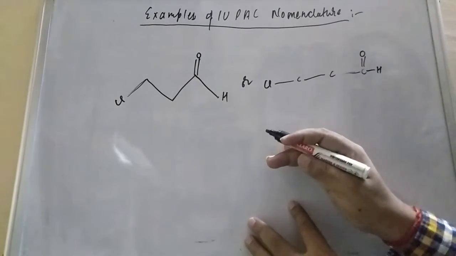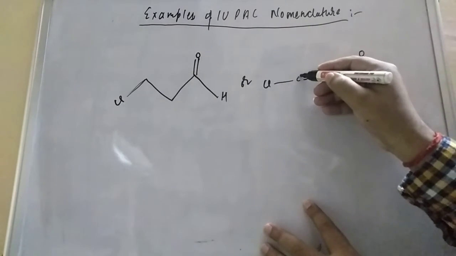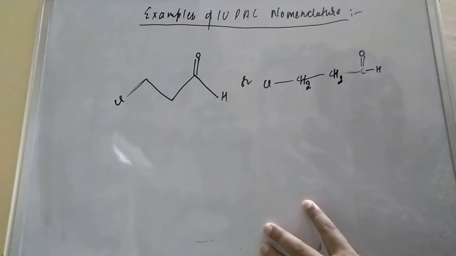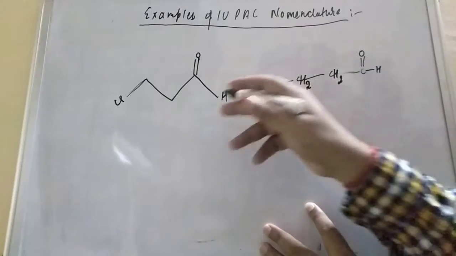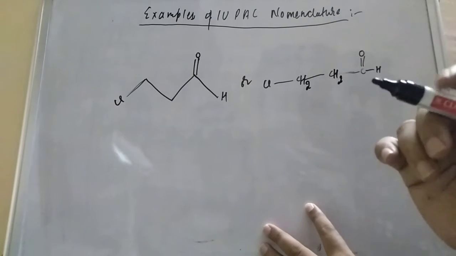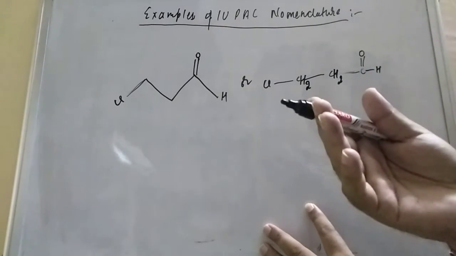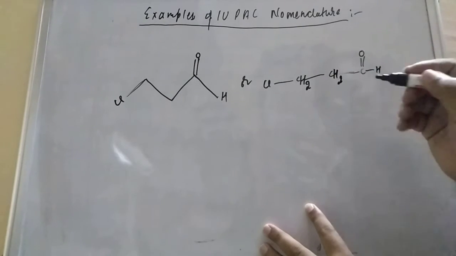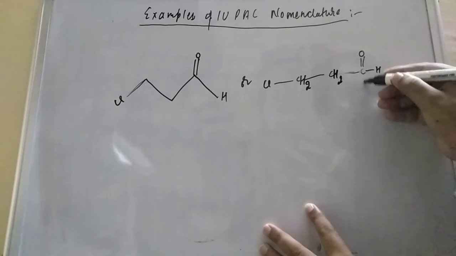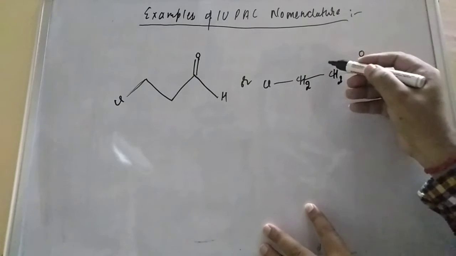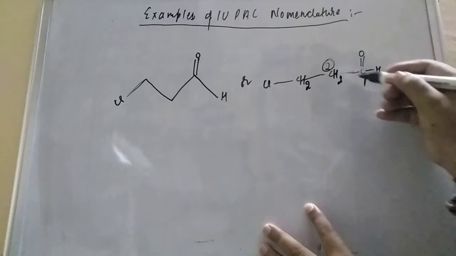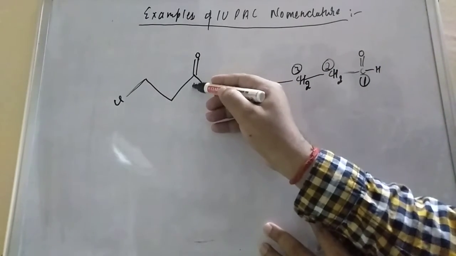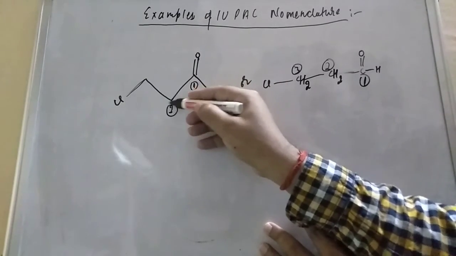Now student, carbon valency is 4. So to maintain the valency, we are adding the equal number of hydrogen atoms to make the valency 4. Now both compounds are the same, and the rule is that we have to start the numbering where the suffix is. Means for the secondary suffix or functional group we have to give the lowest number. So this is carbon number 1, this is carbon number 2, and this is carbon number 3. Similarly, if you want to write the numbering here, this is 1, this is 2, and this is 3.